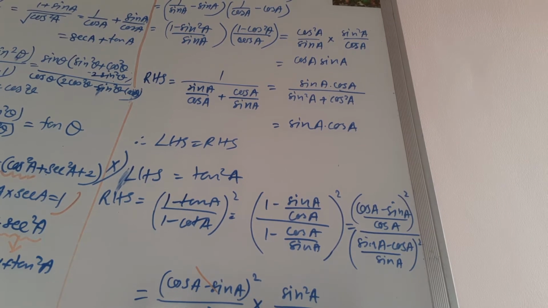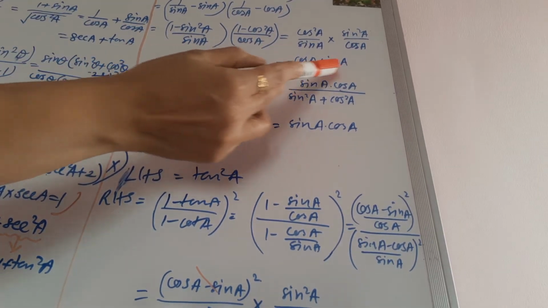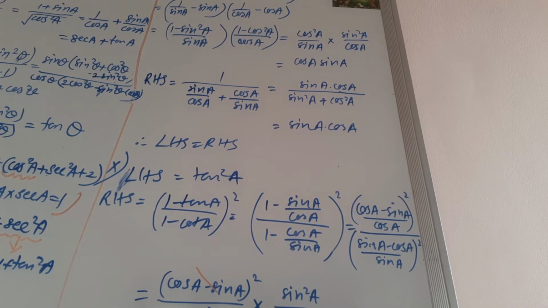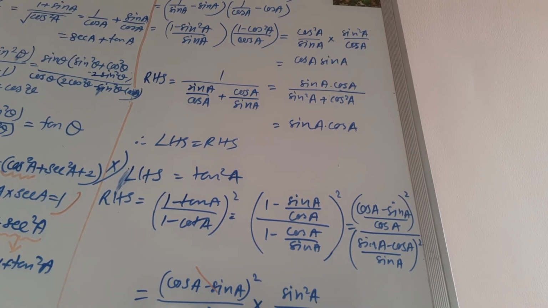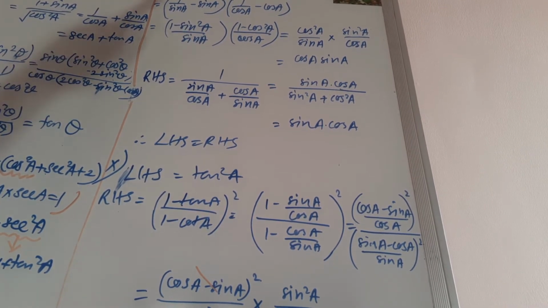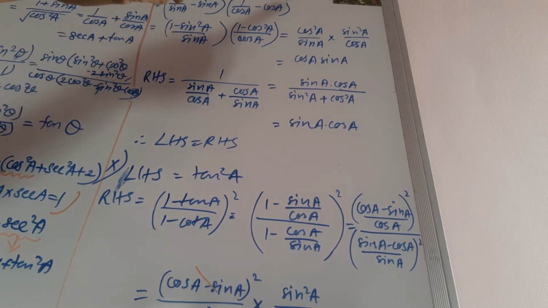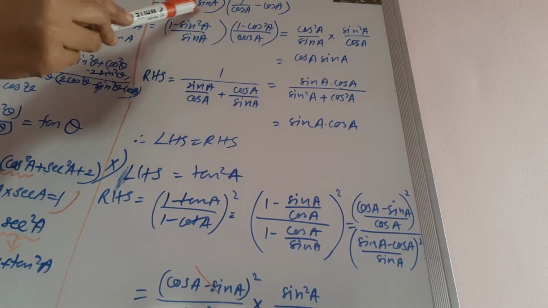In ninth question, both the sides, that is left hand side and right hand side, are given somewhat complicated. So we will solve both the sides to the simpler form and we will just check whether they are going to get same or not. So here in ninth, already it is given cosec A minus sin A, but we know that cosec and sin, they are the reciprocal of each other. Same way sec and cos, they are the reciprocal of each other.